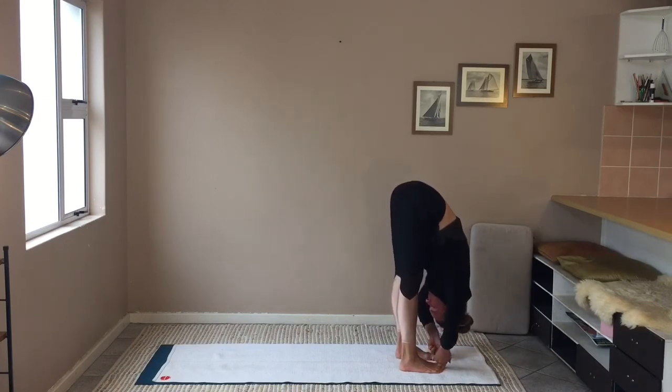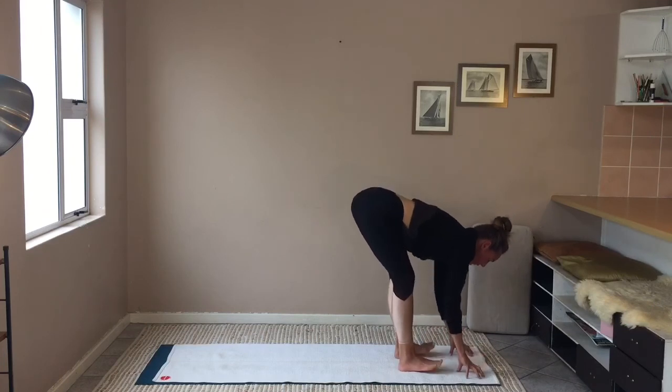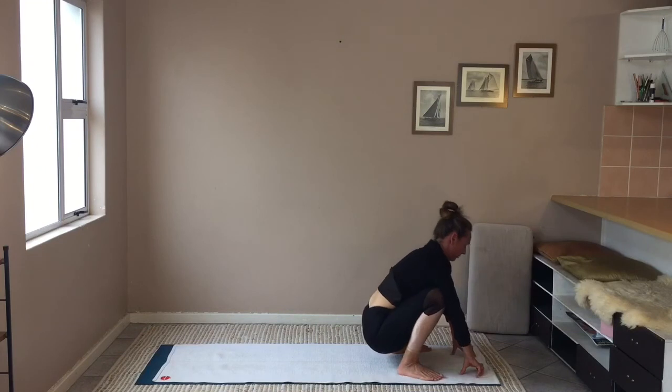Going deeper into your forward fold. Opening wide into the back legs. Really folding from the pelvis, rising from the sit bone, lifting kneecaps. And we lift our gaze halfway up, fingertips onto earth, bring your feet a little wider, squat down, have a moment here,